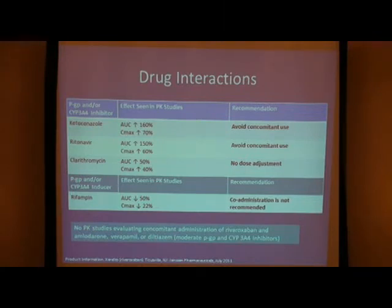use. But what I think is probably the hardest thing to figure out is we do not have any pharmacokinetic studies evaluating concomitant administration of Rivaroxaban and drugs that are sort of moderate inhibitors of 3A4 and P-glycoprotein. So amiodarone, verapamil, diltiazem, dronedarone, drugs that we think we would probably use in an AFib population and have the potential to have some drug interactions. But we don't really have any hard pharmacokinetic studies